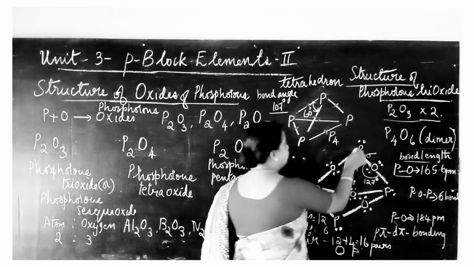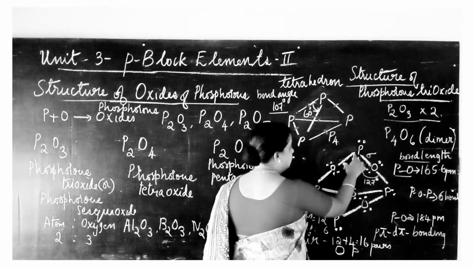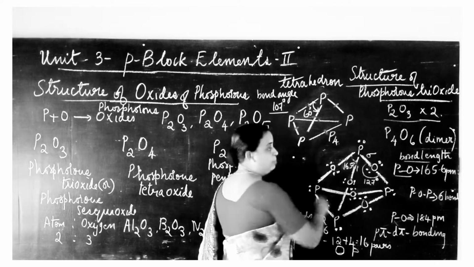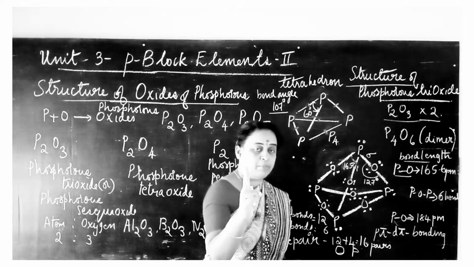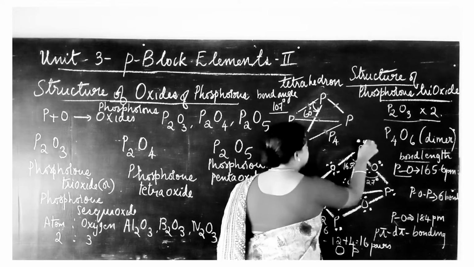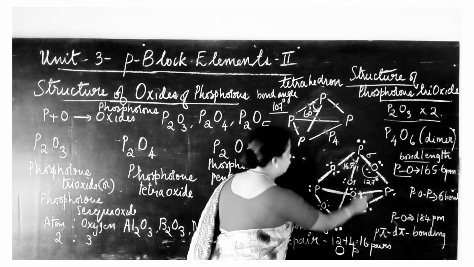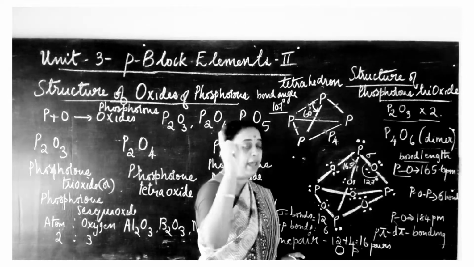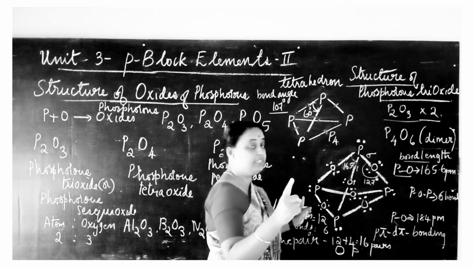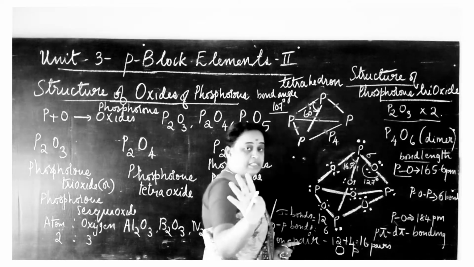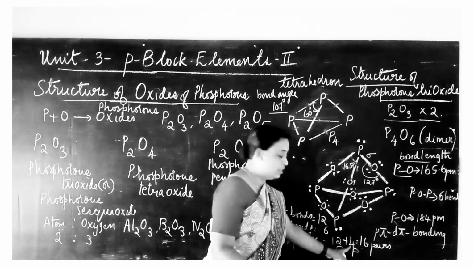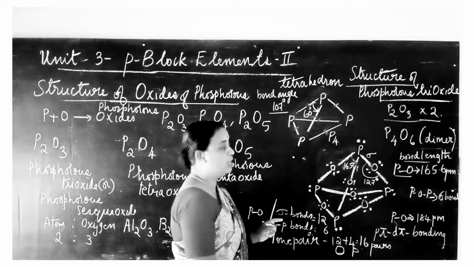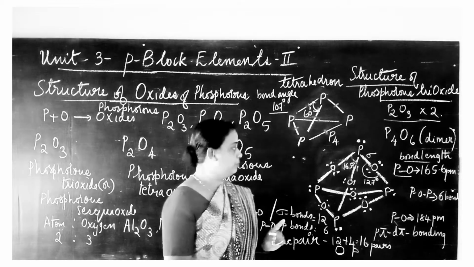Now in the case of phosphorus also we have to make it into an octet. Here this bond has 2 electrons, this bond also has 2 electrons, this bond also has 2 electrons. So 6 electrons are present here. For the octet, how many electrons are left over? 2 electrons, and those 2 electrons act as a lone pair. Likewise there are 4 phosphorus atoms, each consisting of a pair of lone pair electrons. So 4 lone pairs. So 12 plus 4, 16 lone pairs of electrons are seen in phosphorus trioxide.